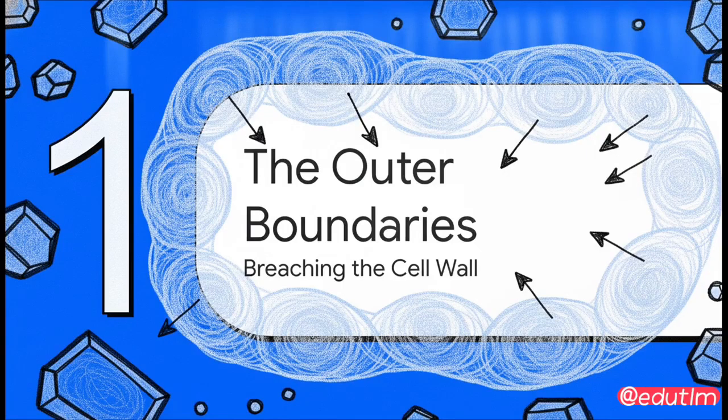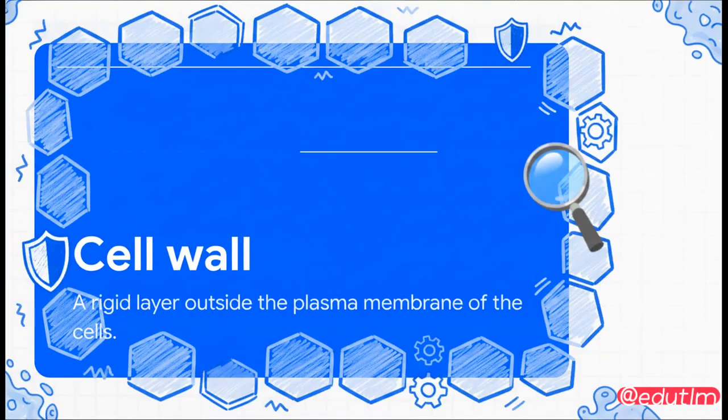Section 1. The outer boundaries, breaching the cell wall. Boom, the first thing we hit is the cell wall. As defined here, it's a rigid layer outside the plasma membrane of the cells. You can really see in the dynamic diagram how this acts as physical armor. It's tough, it's structured, and it gives the cell its definitive shape, while protecting the delicate little ecosystem inside from